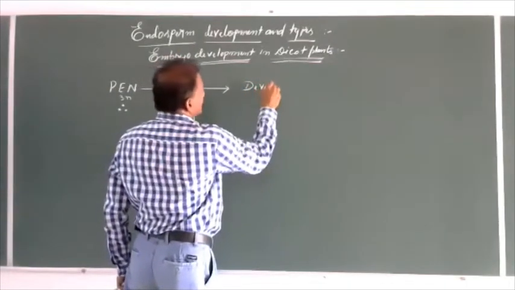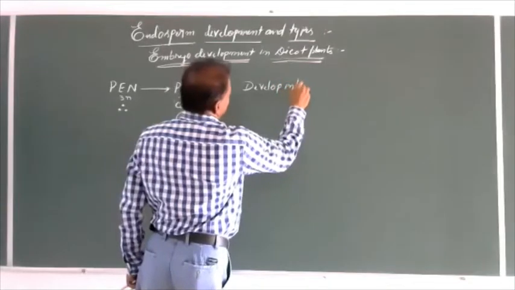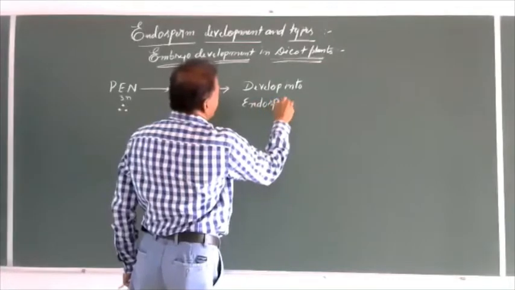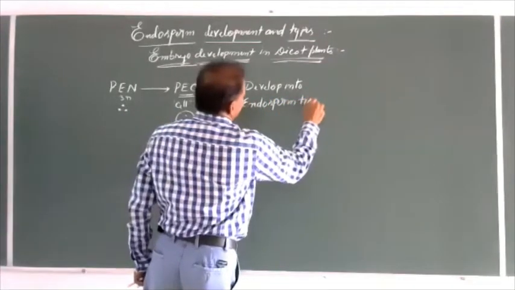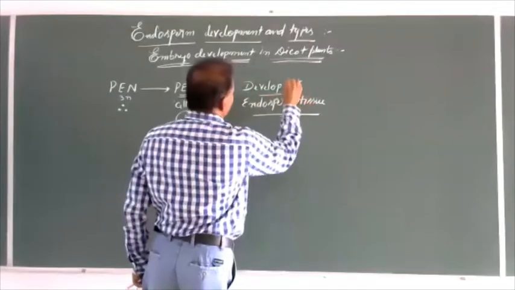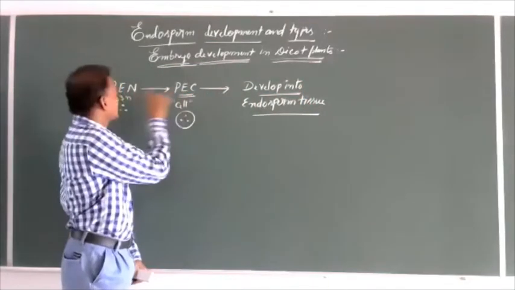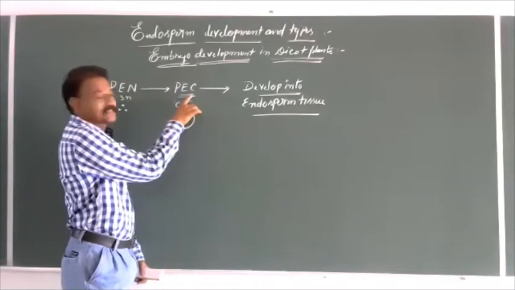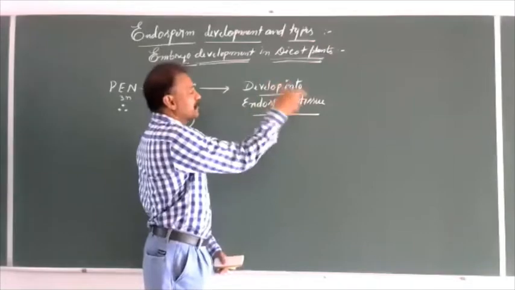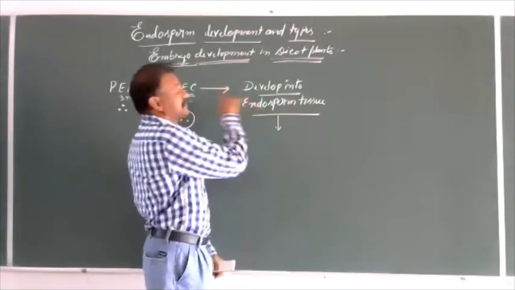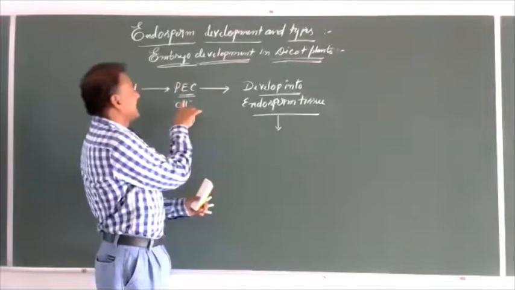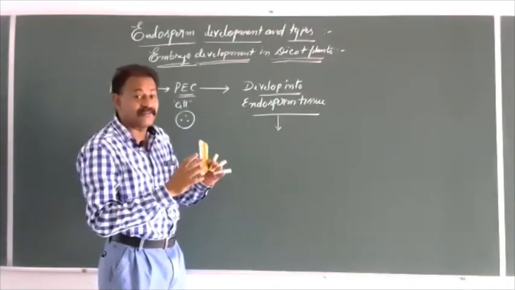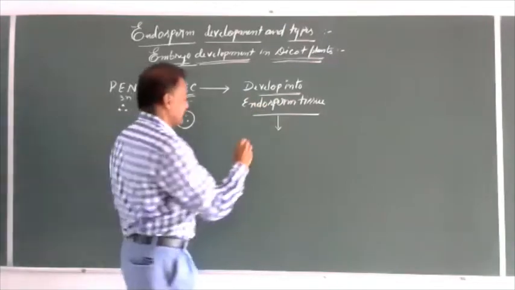So primary endosperm nucleus becomes primary endosperm cell. This primary endosperm cell is developed into endosperm tissue. So based upon how this primary endosperm cell is becoming a tissue, based upon the method of formation of endosperm,